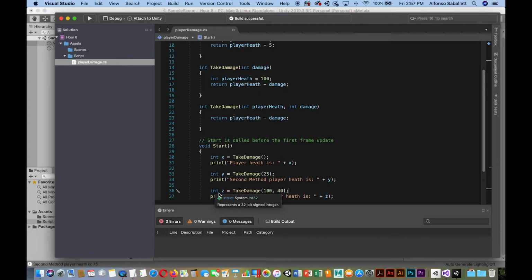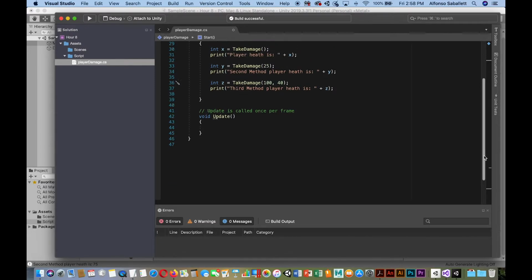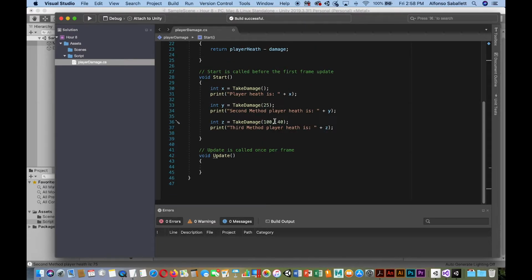So let's check here. So integer z. Whatever the return value of this method is, which should be 60, will be captured in this variable name z, which we'll use here. So then we're telling it to print, or basically display, this text plus the results of whatever we've typed in within this parameter. So we can change this anytime and it'll show up. Okay, so I'll go ahead and build it, Command B,